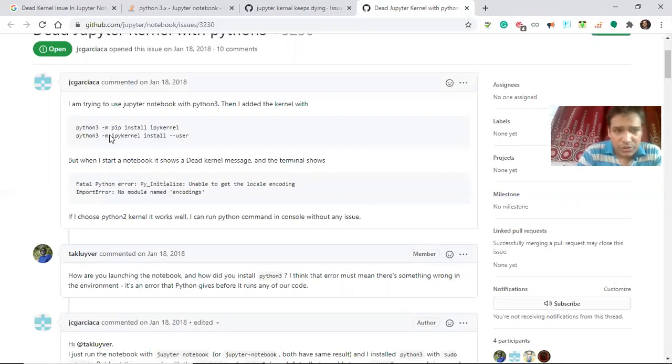So again, the solution is ipykernel: you install it and reinstall it, and they say it will work. This is something I encourage you to do first. You can also delete the ipykernel file from your Jupyter Notebook folder, that is, go into your Anaconda, then the Jupyter Notebook folder, and delete it. If it works, that's great. You can search and see the path, but I'm not going to waste your time on that. If it is working, you have not paid that much of a price. But if it is not working, let me show you the example here.